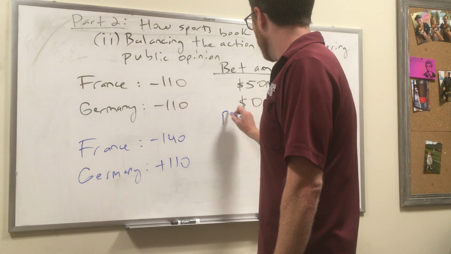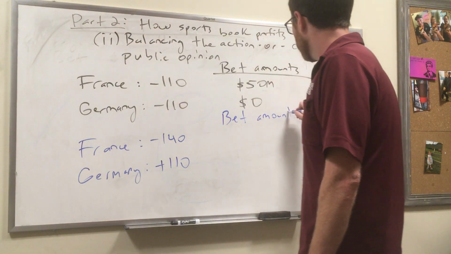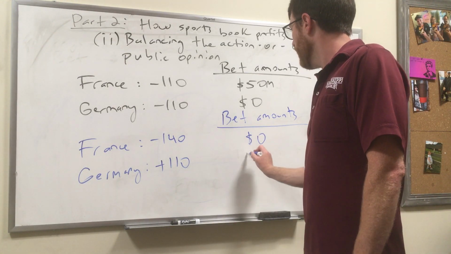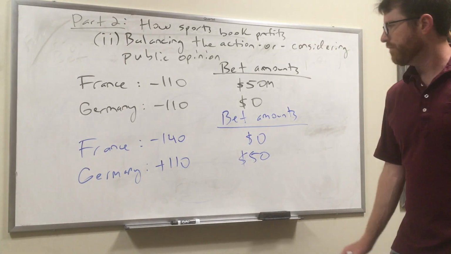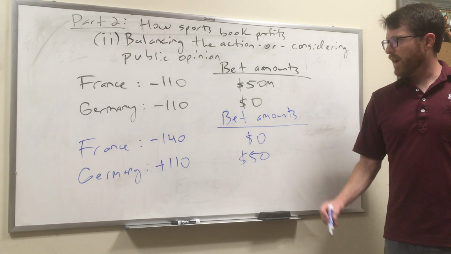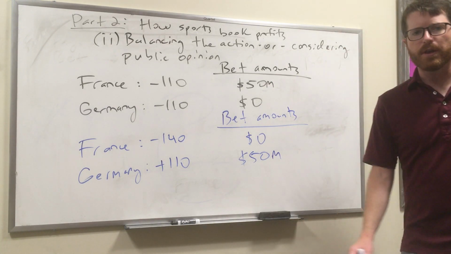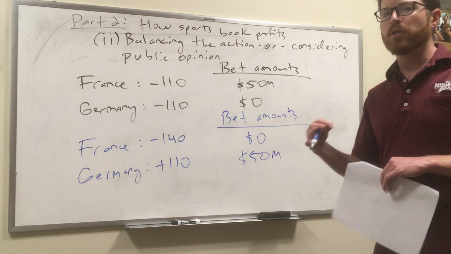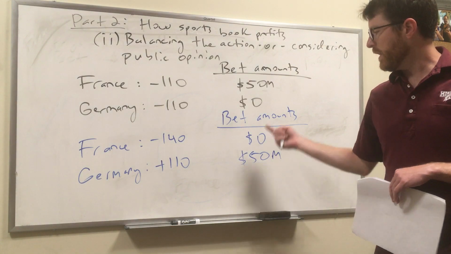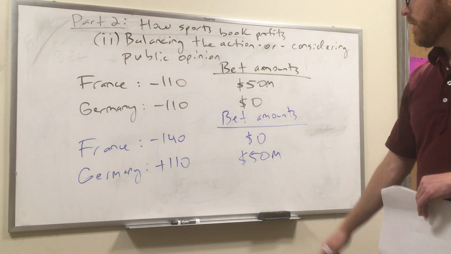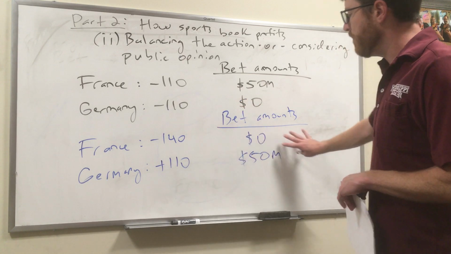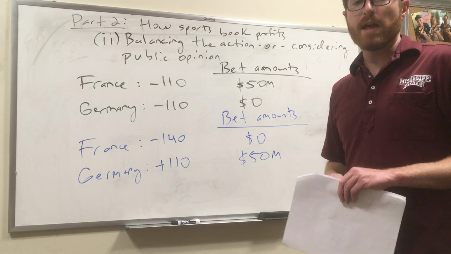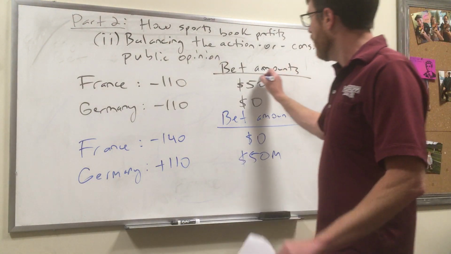So think about what that would do. The result is you get less money bet on France and more money bet on Germany. Now this is obviously an extreme example here because you're getting the exact counteraction in terms of the bet. But I wanted to start with some simple numbers. Think about what the casino here has done. By setting this new bet up, what they've effectively done is canceled out their old bet. And you could do the math if you wanted to, but you can see now on these wagers